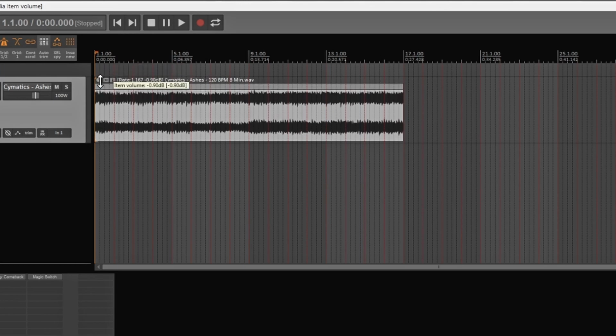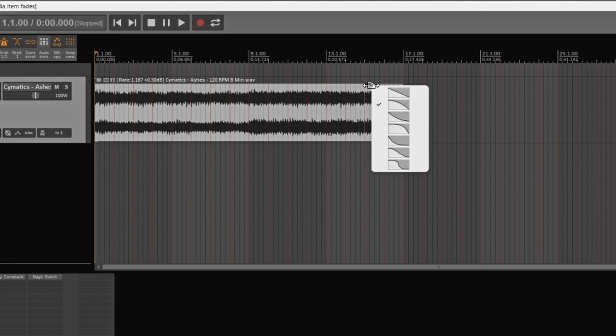And to put this little item on here, you can just do that in your preferences. And that's the advantage of Reaper, that you can just make things however you want to customize it. So if I wanted to do a fade, I can go from the back here and fade. The difference is it doesn't have that little icon on there like it does inside of FL Studio. So you have to right click on here and choose which one you want it to look like. So if you want to do a curve,